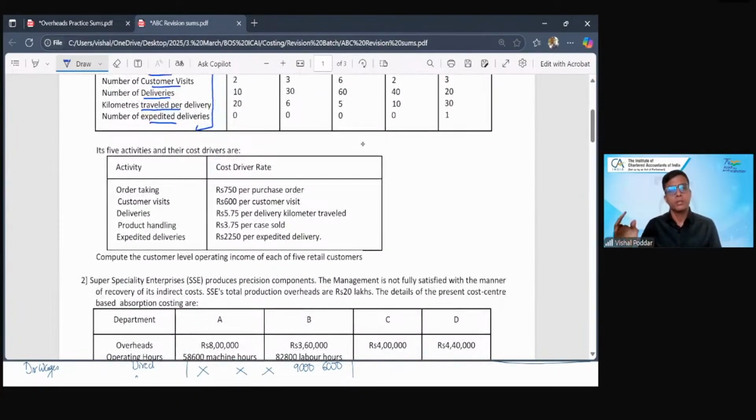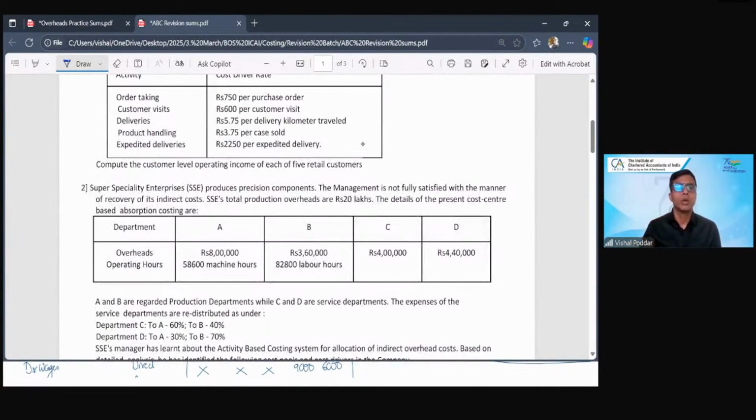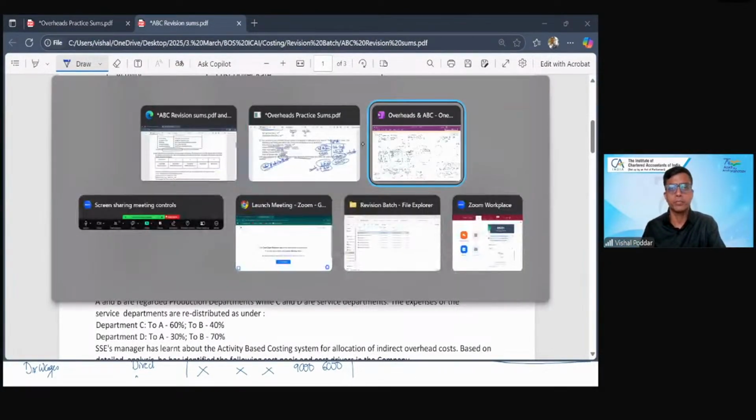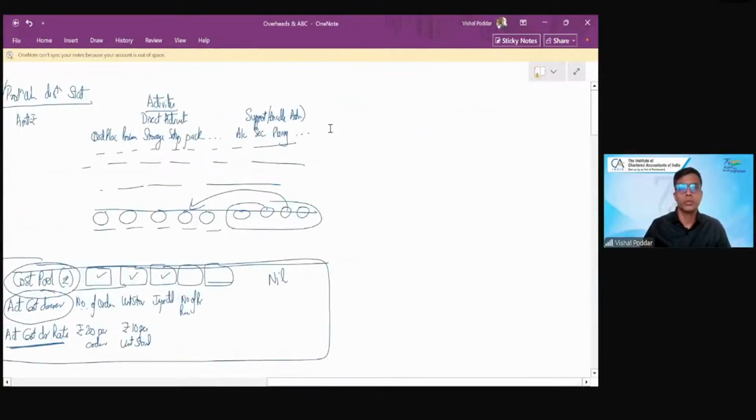And then the first step is already done. You need not calculate the ORR or the driver rate, that they have done in this question. What you are simply required to do is you have to find out the customer level operating income. So my answer would be, as per the question, be clear with what is asked. So they are asking you to compute customer level operating income. So I will call it a statement of operating